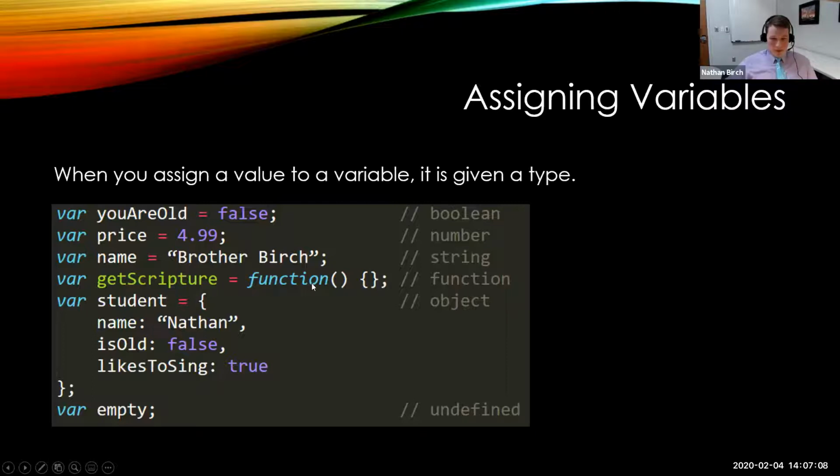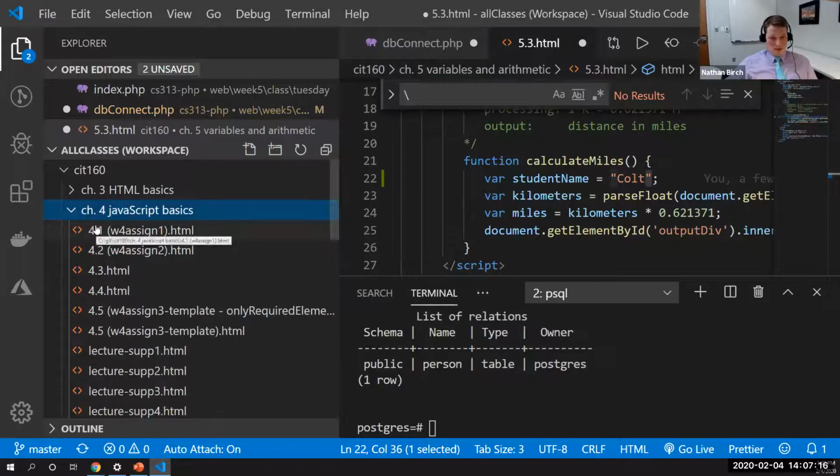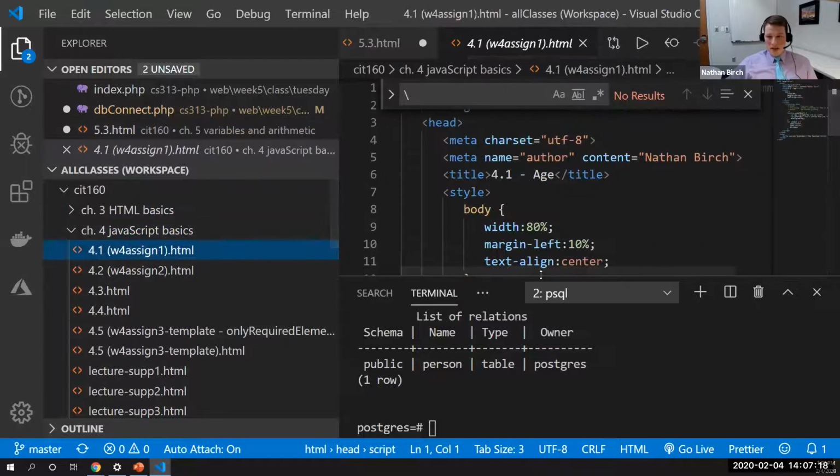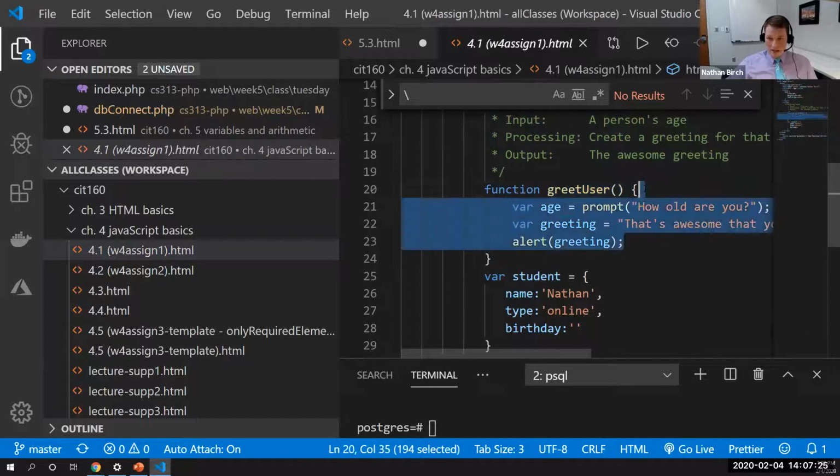Var get scripture equals function, and then I got all these parentheses and curly braces. That looks a little bit confusing, right? But let's go back to one of your assignments from last week, okay? So we have week 4, assignment 1. We had a function called greet user. Now look at the syntax. If I delete everything in here,